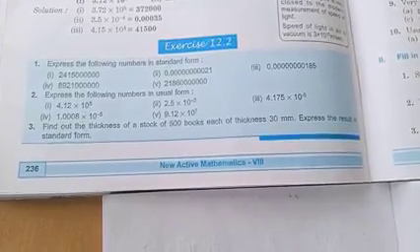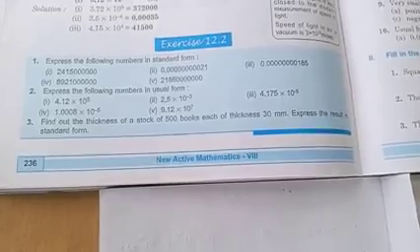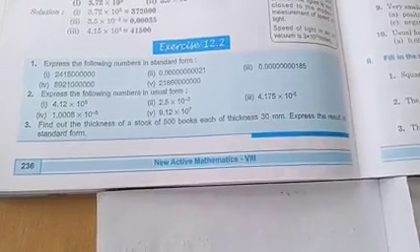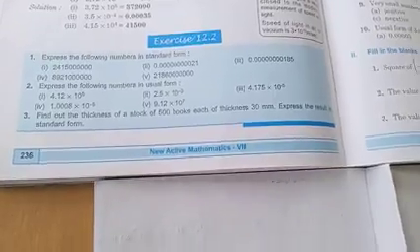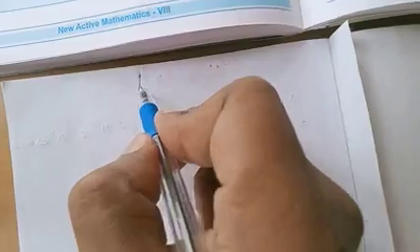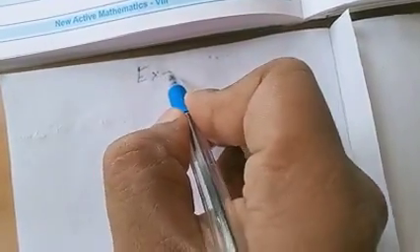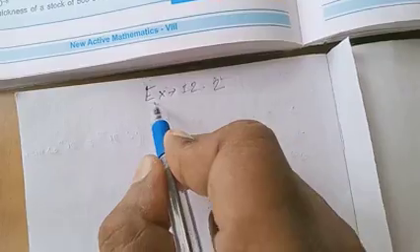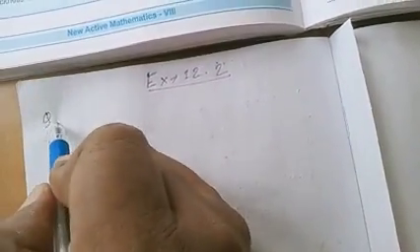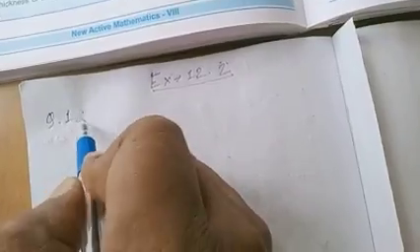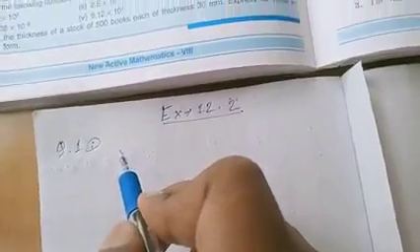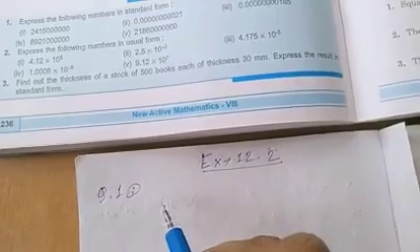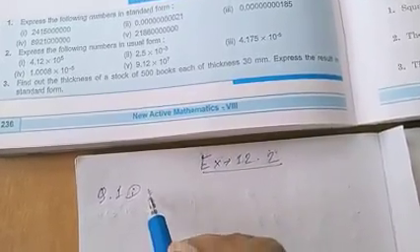We have been given 5 numbers, out of which 2 are very small and 3 are very large. I will take 2 from that. First one, exercise 12.2, question number 1. What is the given number? The given number is here 2415